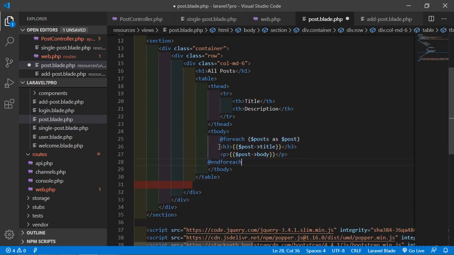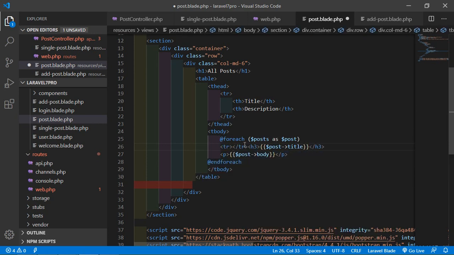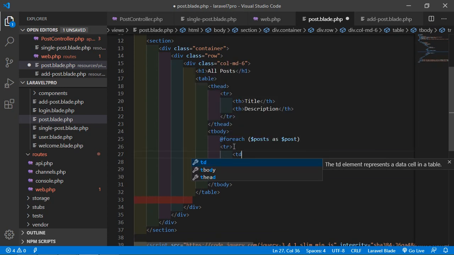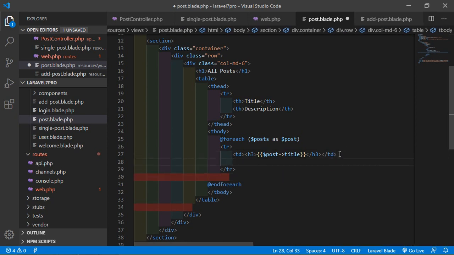Okay, and inside the table just write tr, td, id, and paste inside this. Also cut the description title body and paste here inside the td. All right,